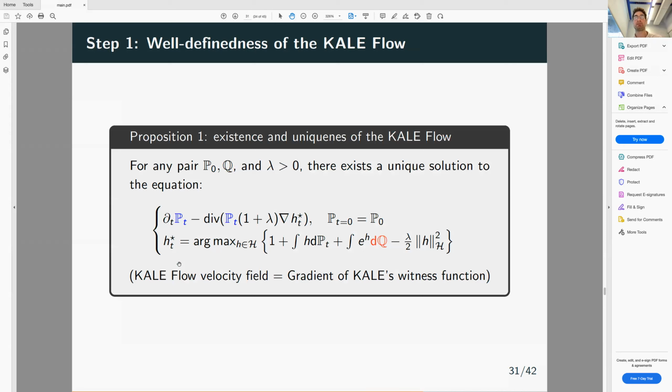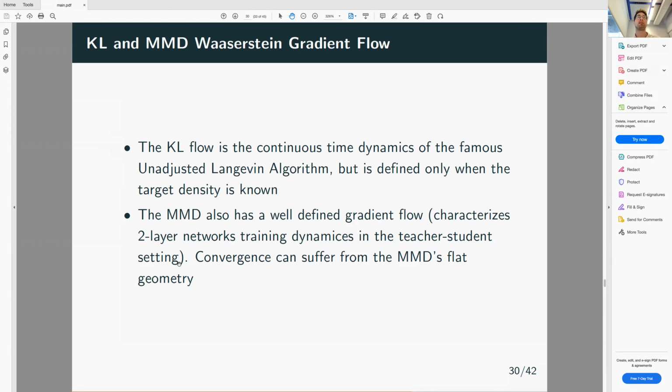In this part of the presentation, I'm going to construct the KALE flow, and hopefully the KALE flow will retrieve cool properties of the KALE flow while still remaining well-defined when you don't have access to the target density. Which is the classic case that we look at, right? As soon as we don't have access to the target density, let's say we just have access to samples, then